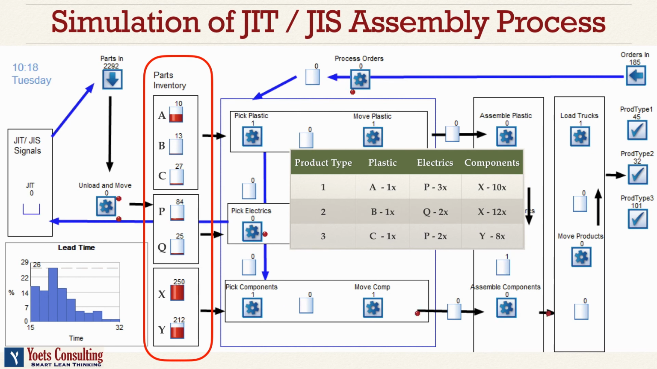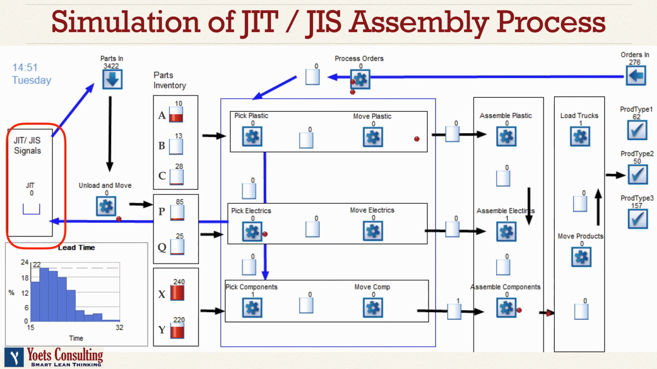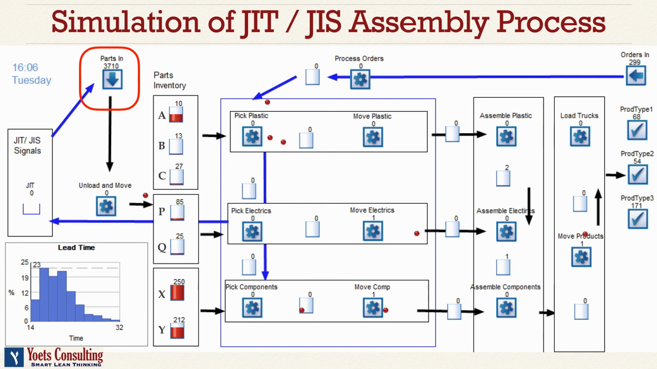There are 3 types of plastic, 2 types of electric, and 2 types of components. And based on the product type, those pick activities will pick up the right sort of parts. Now, the moment the parts are picked up, there is a dip in the level of the parts inventory, which sends a signal to the just-in-time, just-in-sequence signal box, and that triggers an order, and the parts come in